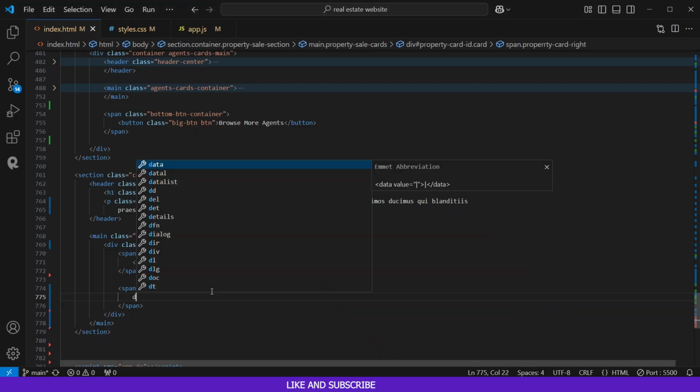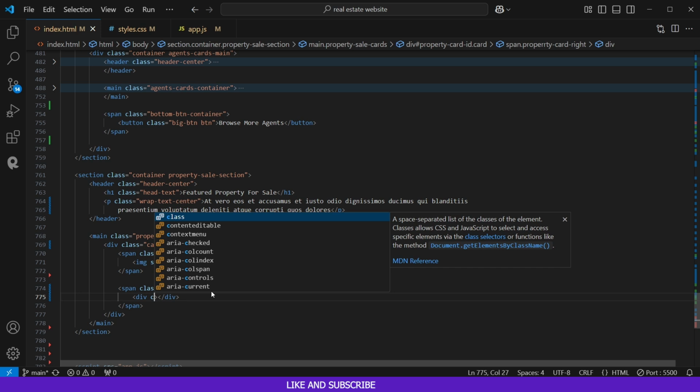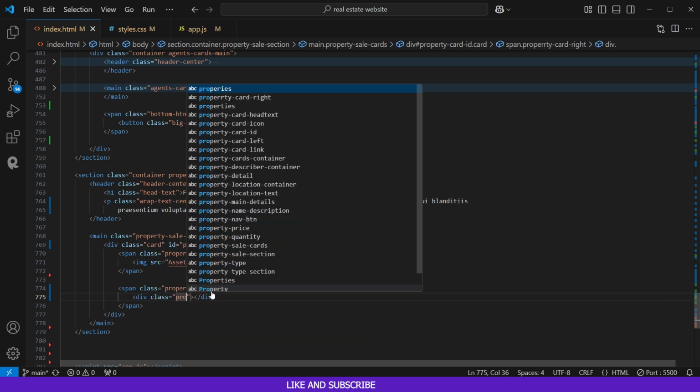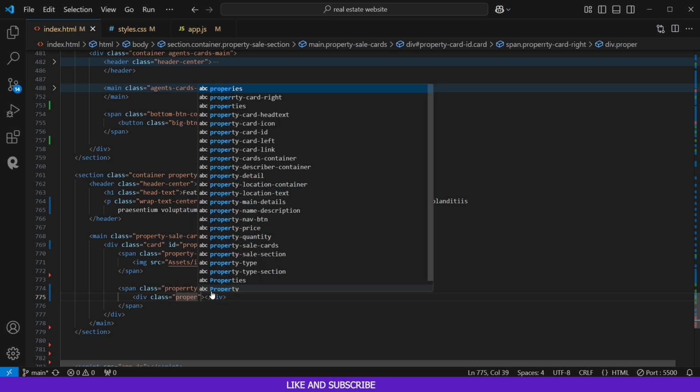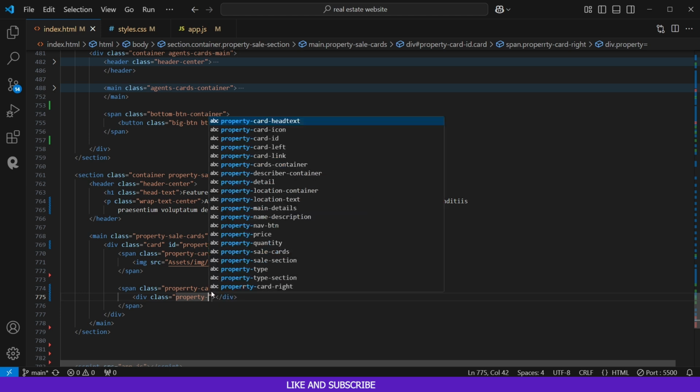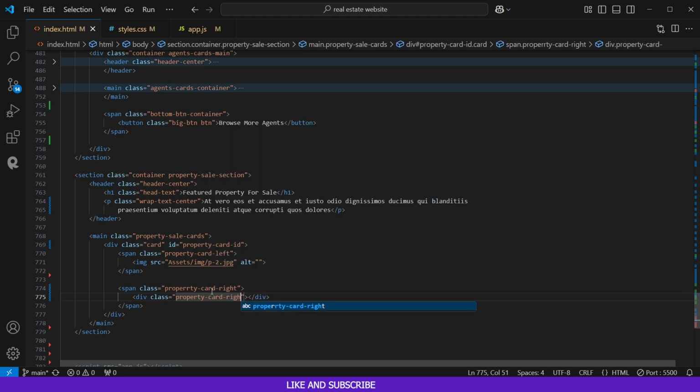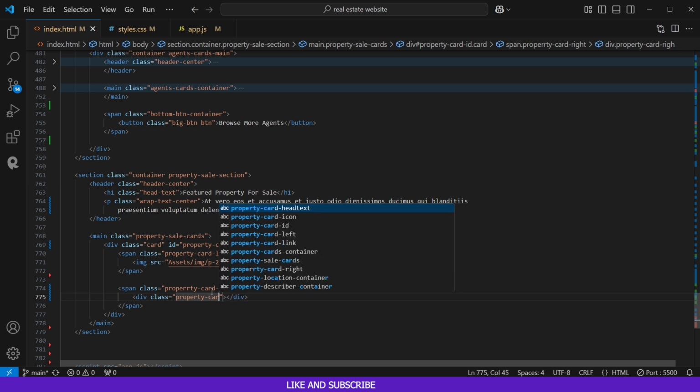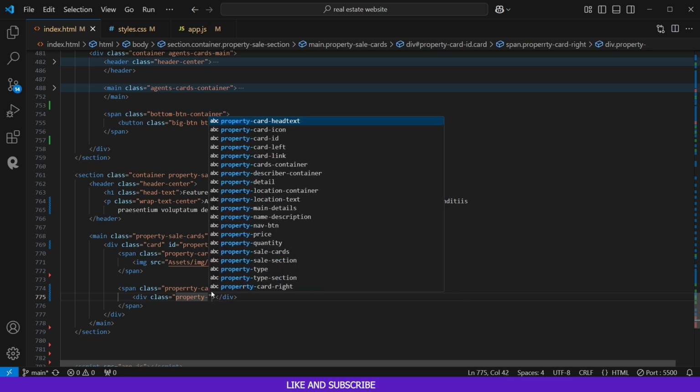And in order to create them, we need a div, and it's going to have a class which is going to be property card right, and this is not going to be card right. We already have that class. What we need here is property details